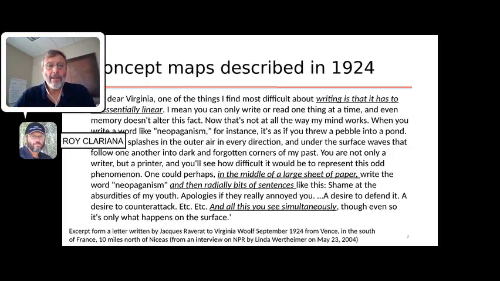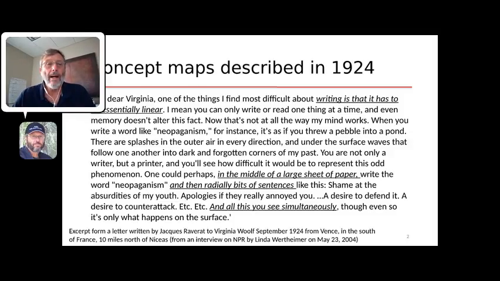Well, of course, concept maps are not a new idea. Here's an interview that was conducted in 2004 on NPR, and it was from an excerpt of a letter written by Jacques Reverat to Virginia Woolf in the north of Spain or the south of France, hard to say which, where he talked about concept maps, not as concept maps, but what a concept map is. Notice that he said